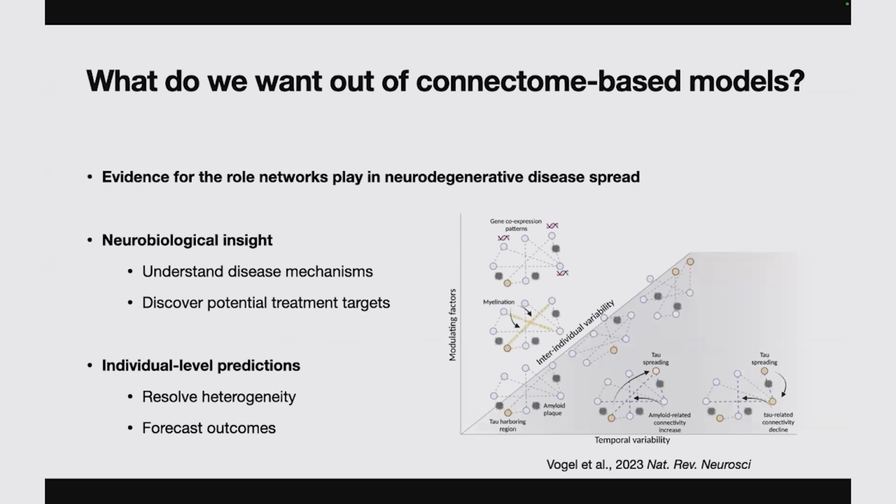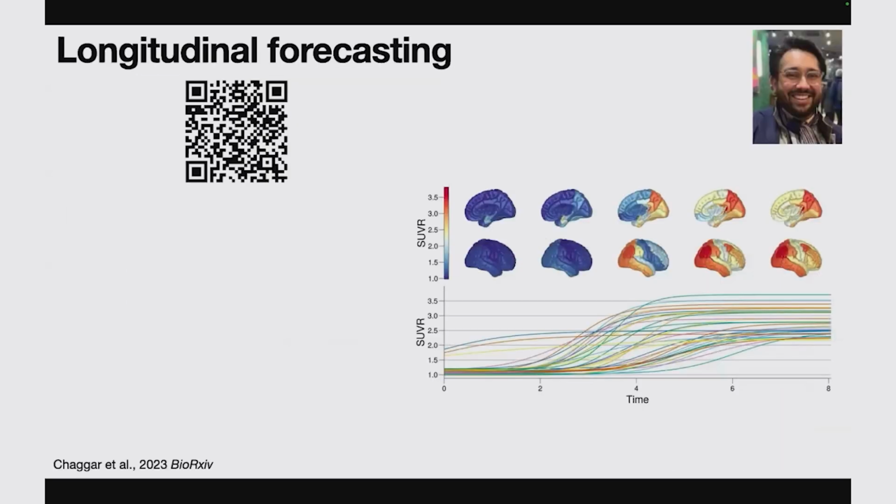All right, so I want to wrap up the talk with just one more example of how connectome-based models can be used to advance our understanding of neurodegenerative diseases. So I think it would be great if we can make these models practical and use them to forecast future tau accumulation at the individual level. We've been working quite a lot with Pavan Chaggar and Alain Goriely at Oxford. And Pavan has adopted another form of connectome-based simulation models that's focused a lot on making these models more identifiable. The model, once again, does an admirable job, as you can see here, recreating the canonical pattern of tau